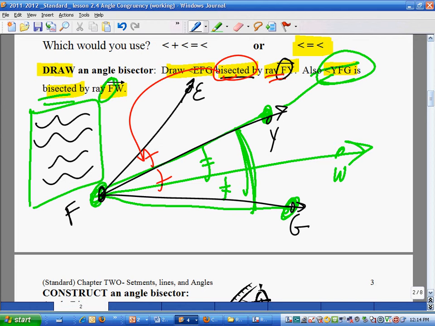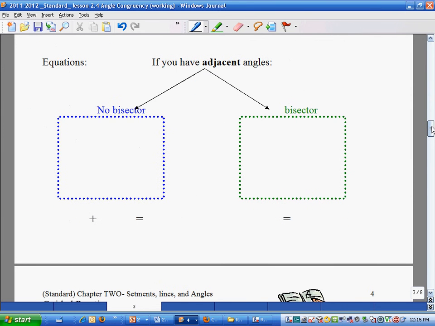Okay, when you're done with that, turn the page and look here, please. There are two kinds of adjacent angles we're going to deal with. One is adjacent angle without a bisector, so you're going to offset it. We're actually almost done here, guys. Adjacent angles are back to back. They share a spine,